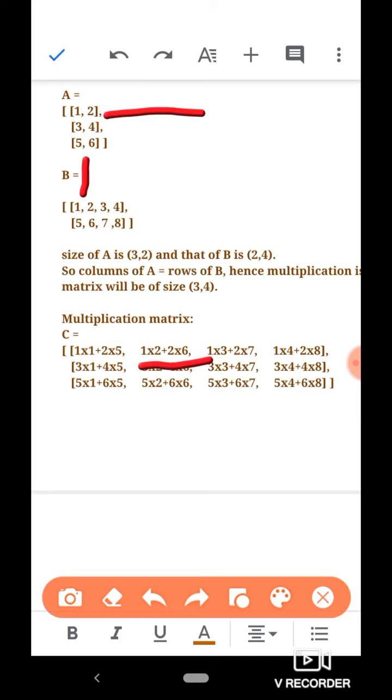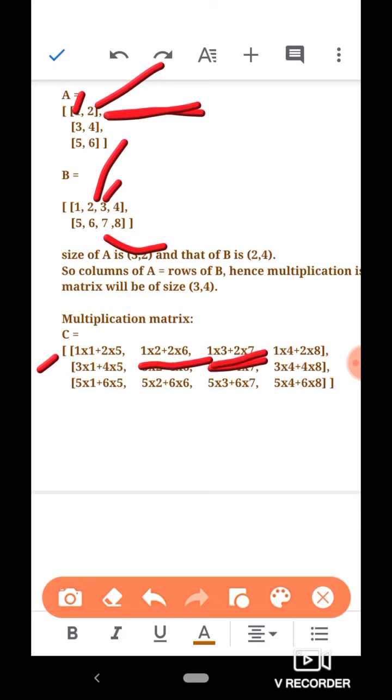Now similarly, to obtain the next item, the third column of first row of C, we multiply the first row items of matrix A with the items of the third column from matrix B. 1 is multiplied by 3 and 2 is multiplied by 7. 1 into 3 plus 2 into 7.